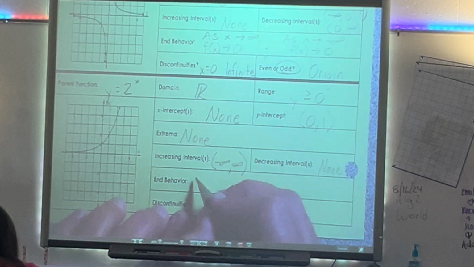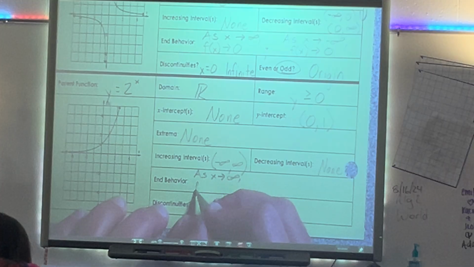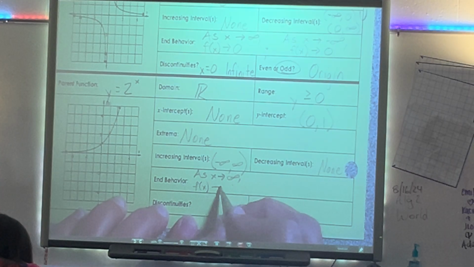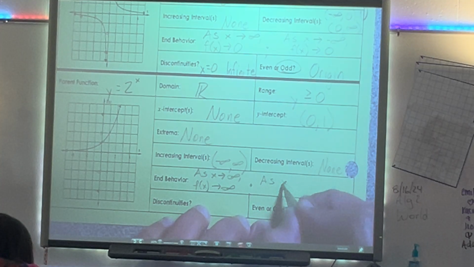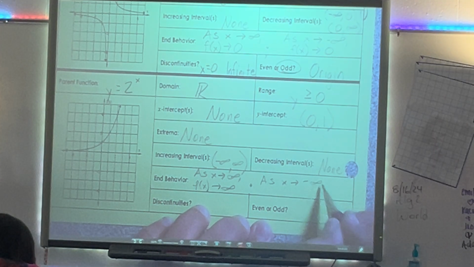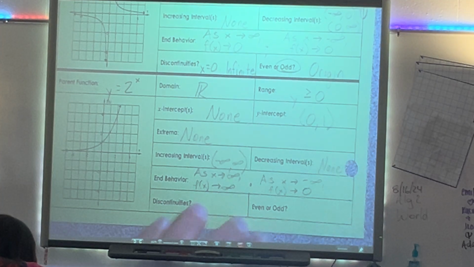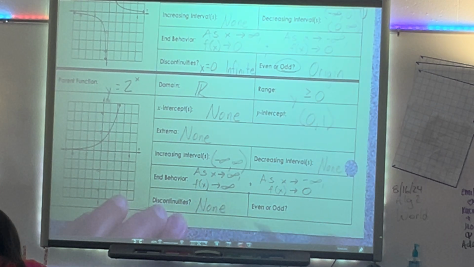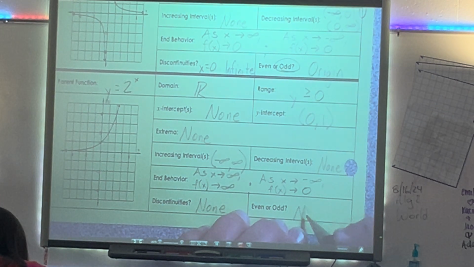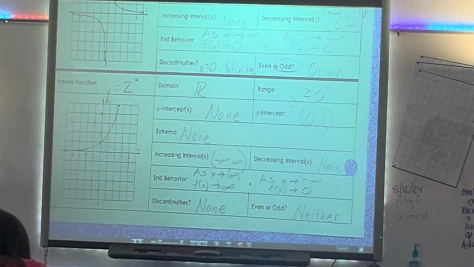Alright, end behavior here: as x approaches infinity, f of x approaches infinity, and then as x approaches negative infinity, f of x is approaching 0. Discontinuities, there are none, and this one is neither odd nor even. Okay, some of those things we haven't discussed a ton, we'll kind of get into them on these,